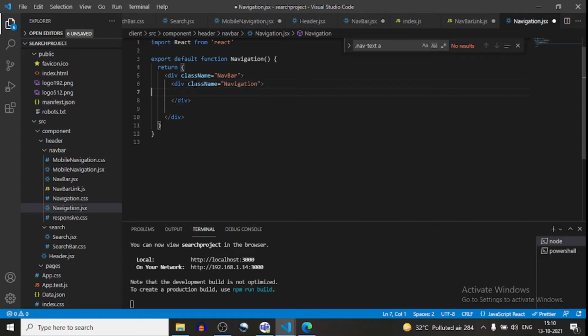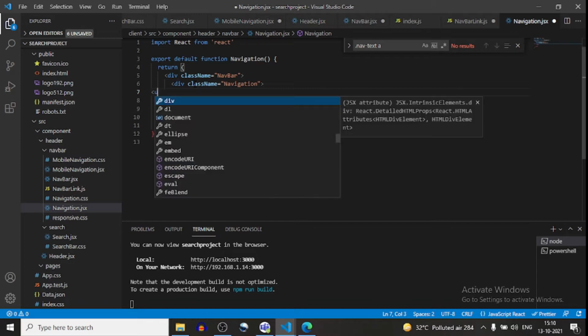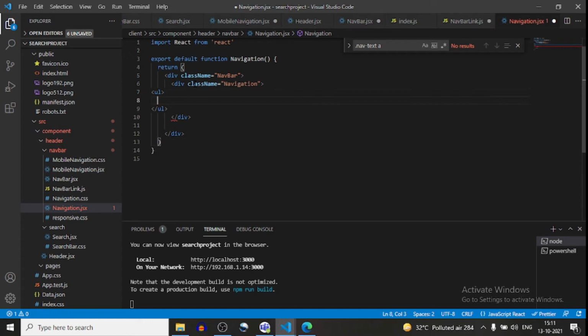Now I will create a ul here, and inside this ul we have to create li. For the ul and li I want to import the data.